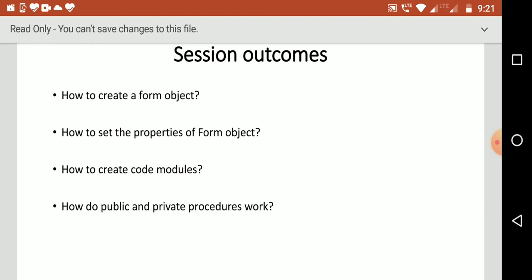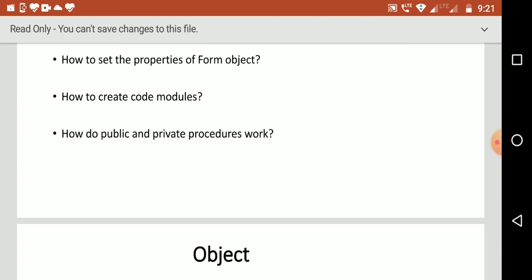That means for every form there will be a code module, and how to add code to the modules. The students will also learn how public and private procedures work.